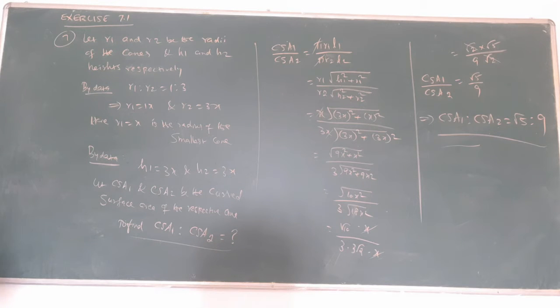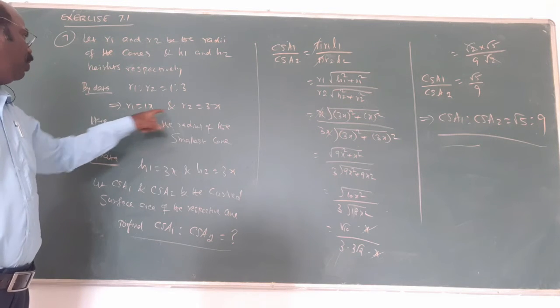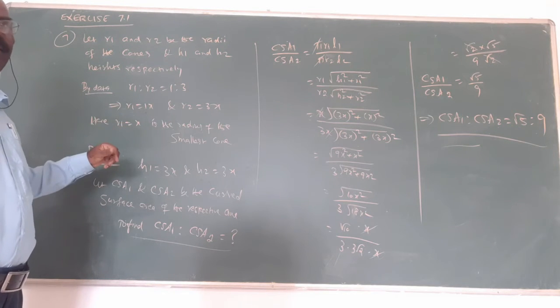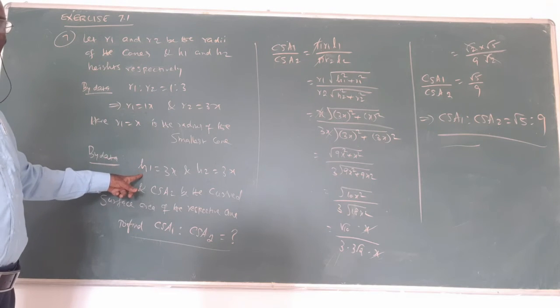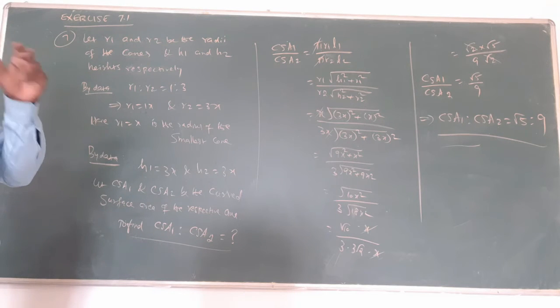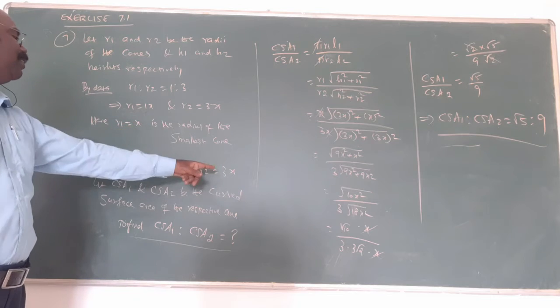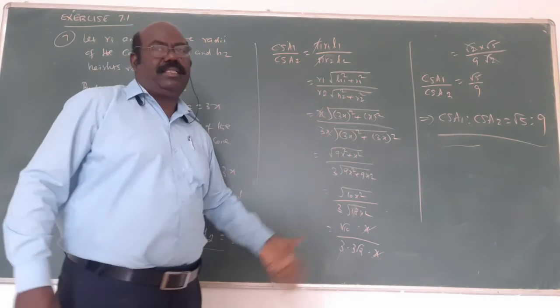It may be a 3 mark, 2 mark or 5 mark question. Here only we use the CSA formula, but the assumption is very important. The ratio of the radii is given as what? R into X, R2 into X. Out of these two, R makes the smallest radius, the radius of the smallest cone. And also the heights of the cones are 3 times each cone, that means what? Both are the same: H1 and H2 are the same, 3 times the radius of the smallest cone. X, this is the assumption. Substitute in the formula.